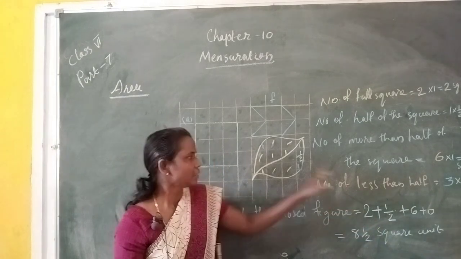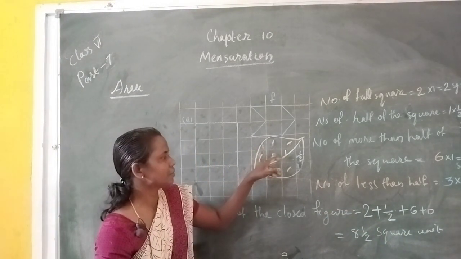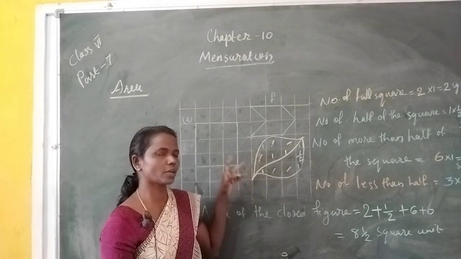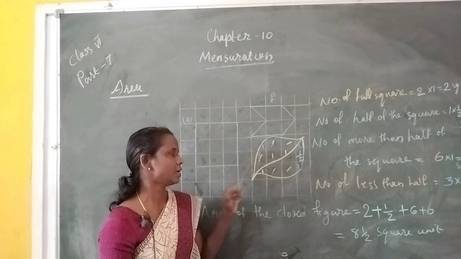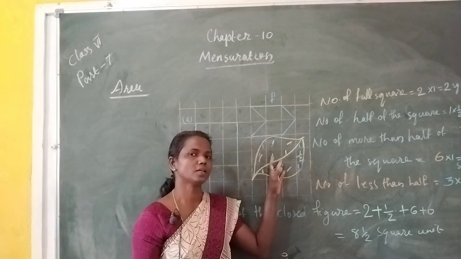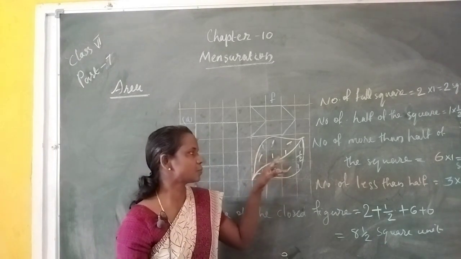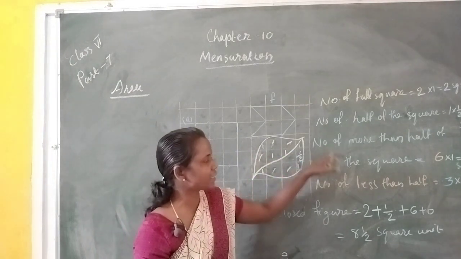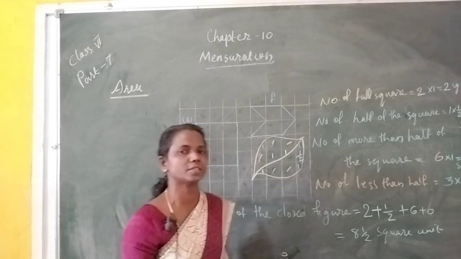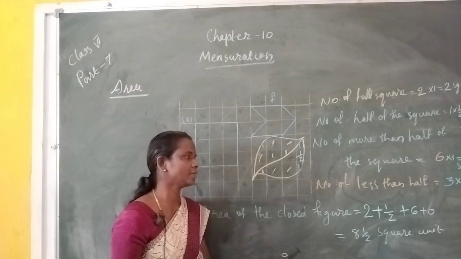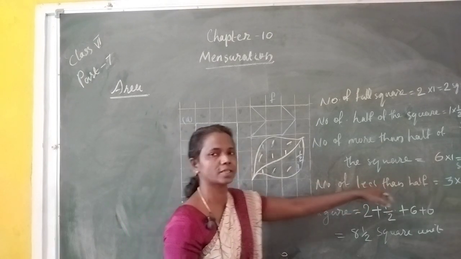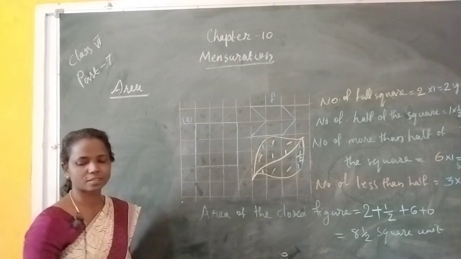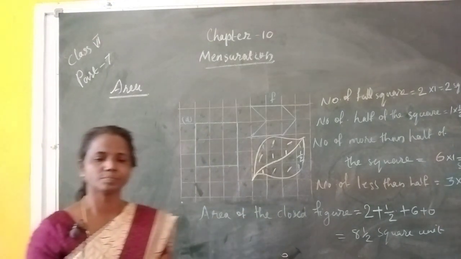Is it clear? Then first we count the full square. Then next, this full square we take as 1 unit, and next more than half of the square, this more than half of the square also we can take 1 unit, and half of the square we take half unit, and less than half will come, we take that unit is 0 unit. Is it clear? Then next, your textbook exercise